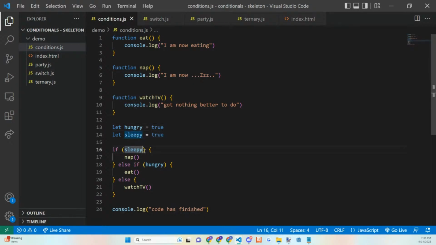Because this is saying if sleepy is true, whether hungry is true or false, we'll get nap. But this is also checking that sleepy has to be false in order to get to this point, right? In order to get to this point, sleepy has to be false. So the order that you set this up will actually have a factor.